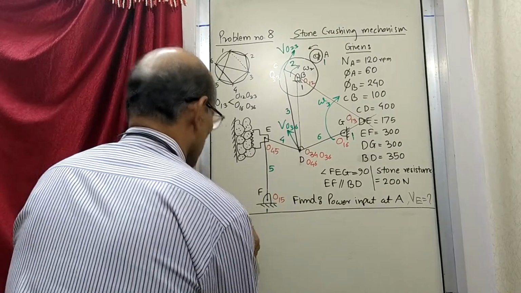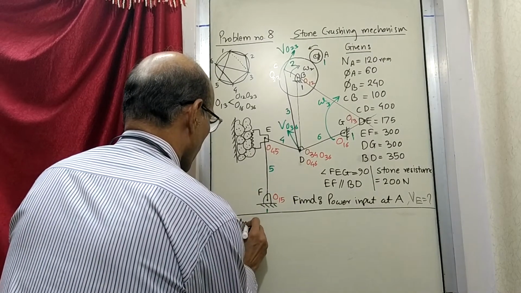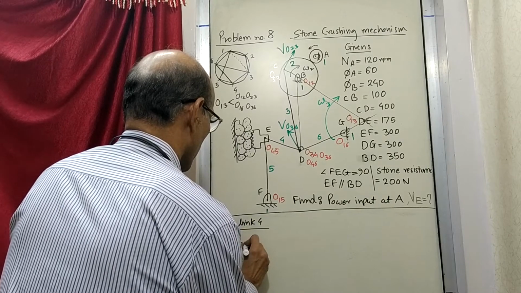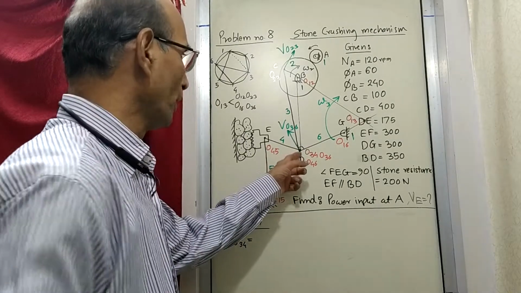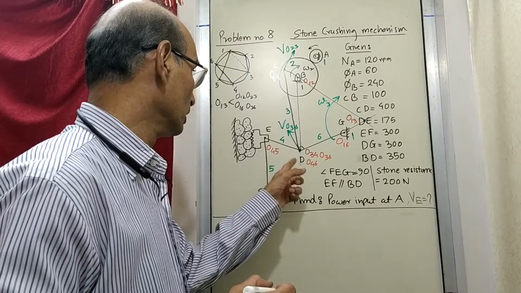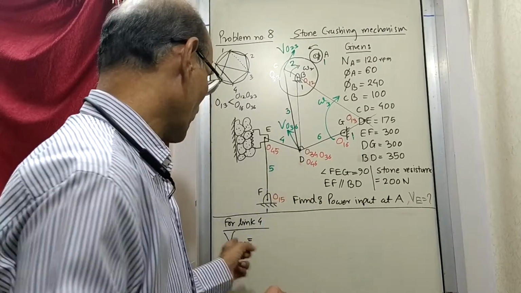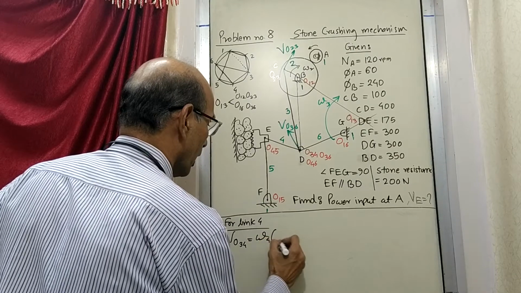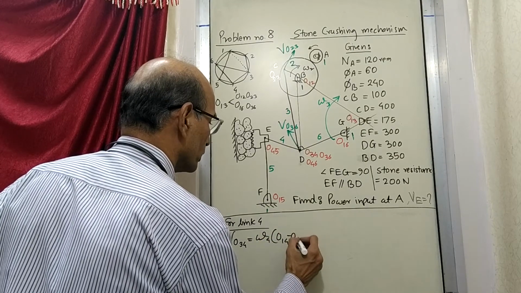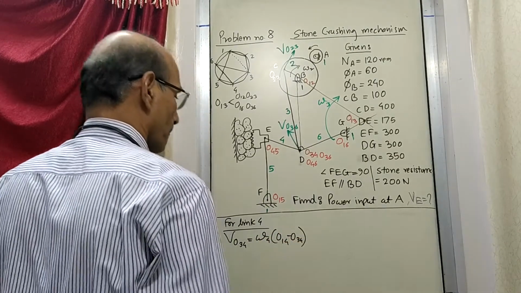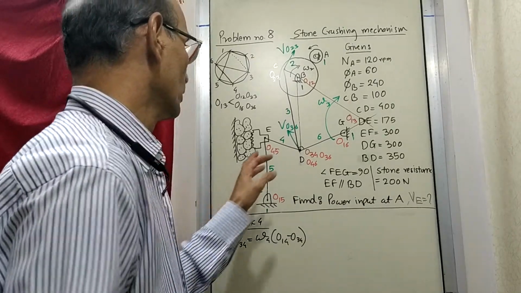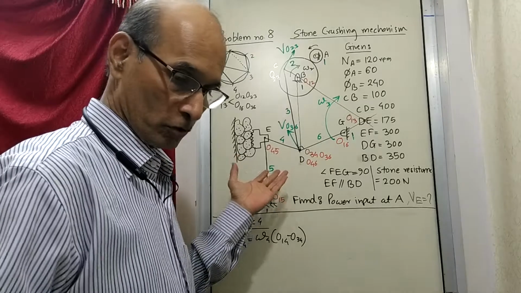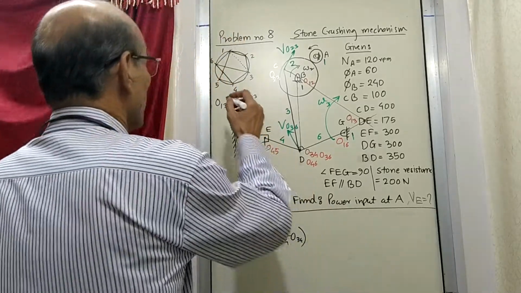So now let us consider link 4 first. 3-4 is a point whose velocity we already found out. That is now on link 4. So accordingly we now write it equal to omega 4 and the distance from 1-4 to 3-4. Now where is 1-4? 1-4 is not there right now. So let's now try to find out where is 1-4.